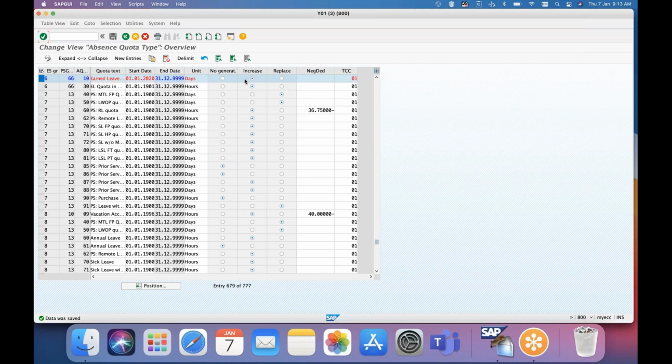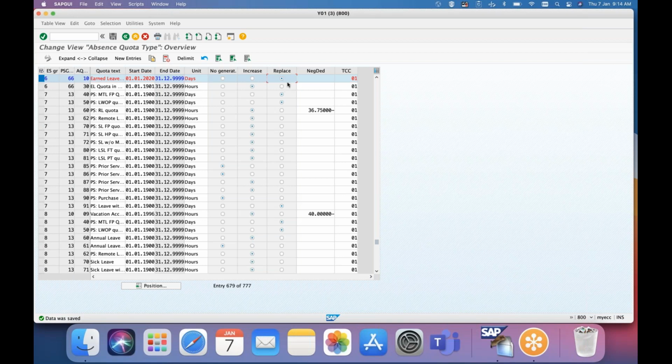In February again 2.5, so the 2.5 will be added, and it will become a total of 5 in the month of February. It will keep on accumulating if you put increase. If you keep replace, the 2.5 will replace the existing quota, meaning whatever value you are passing will replace the quota number.